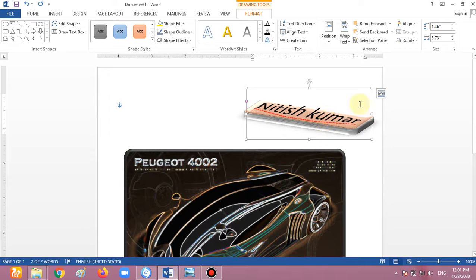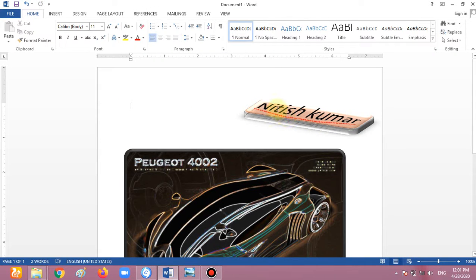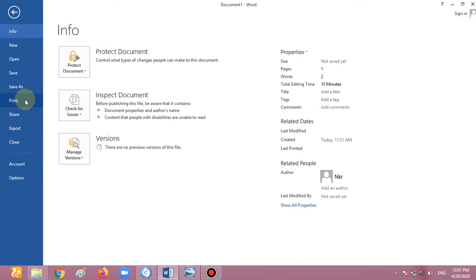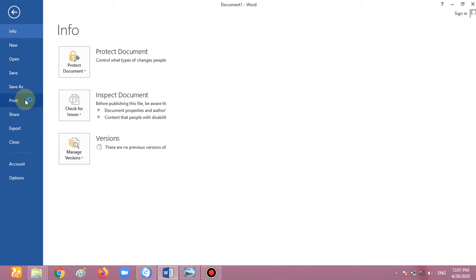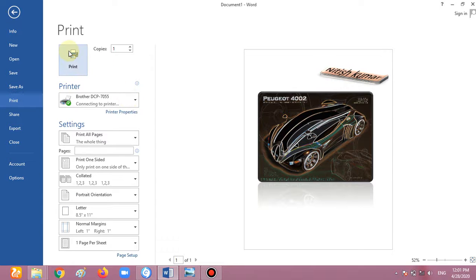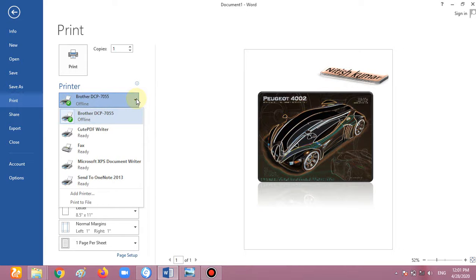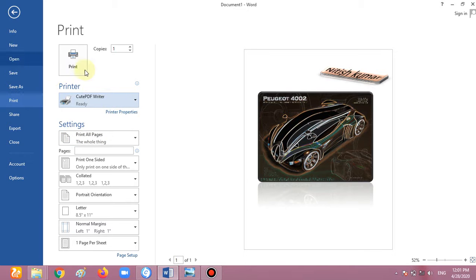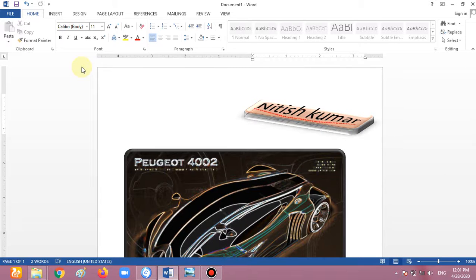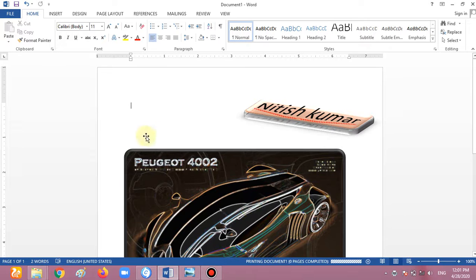This red line is not showing when you print a document. One more thing, how can we print a document? The last topic. For printing any type of document, go in the file tab and choose the print option. I am choosing the print option, and then choose your printer. For example, I am using the Brother DCP, so it's connected. If you want to choose another, then click here and choose another printer. I am choosing the Qt PDF Writer, and then click on print. It easily gives a print option.